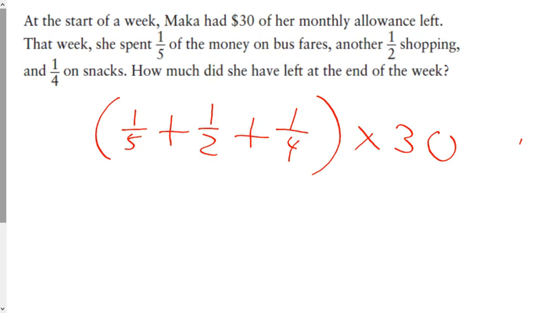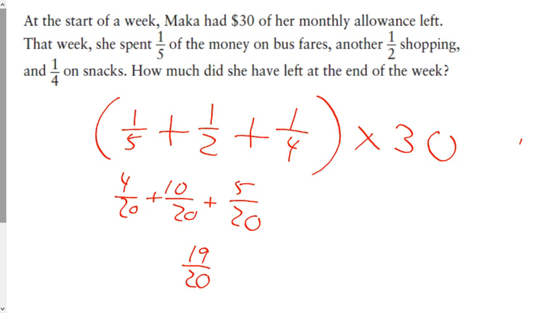What's our common denominator going to be? 20. So we got 4/20ths, we got 10/20ths, and we got 5/20ths, which means she spent 19/20ths of the $30. Agreed? I hope this works out. In my head it worked out. We'll cross reduce this. We're going to get 3 over 2. 19 times 3, 27 plus 30 is 57. 57 over 2